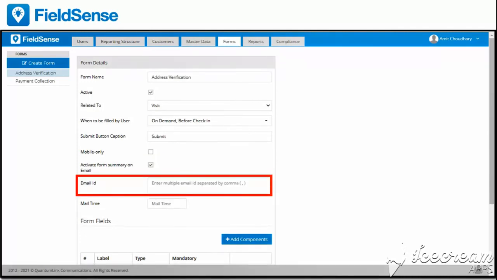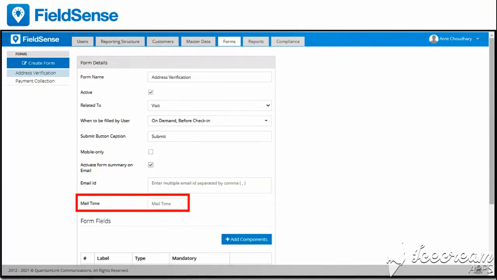The first option is email ID, where you need to specify the email IDs where you would like to receive the report of this form, and you can enter a maximum of 3 email IDs in this section, and each email ID should be separated by a comma. And then you can define the receiving time as well, and the format will be for a 24-hour clock.